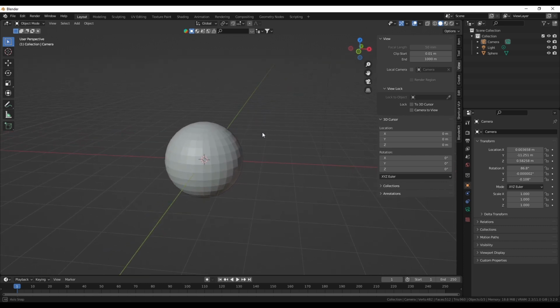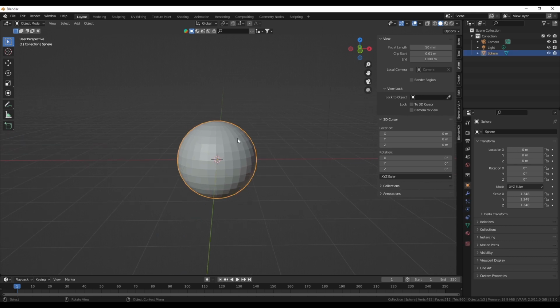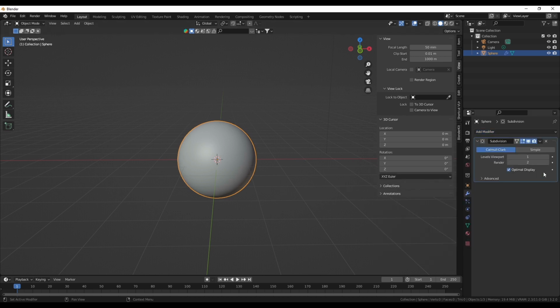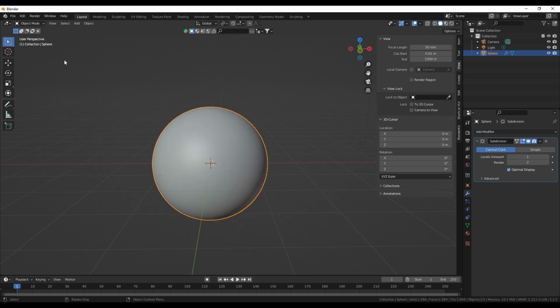Now let's start modeling our pumpkin. Select our sphere. We want to right click, say shade smooth, just to take away those hard edges. And to add some extra smoothness, we want to go down to modifier properties, add a modifier, and add a subdivision surface modifier. On render, we're going to leave it on 2 and on viewport on 1. You select your sphere. I'm going to go into edit mode,